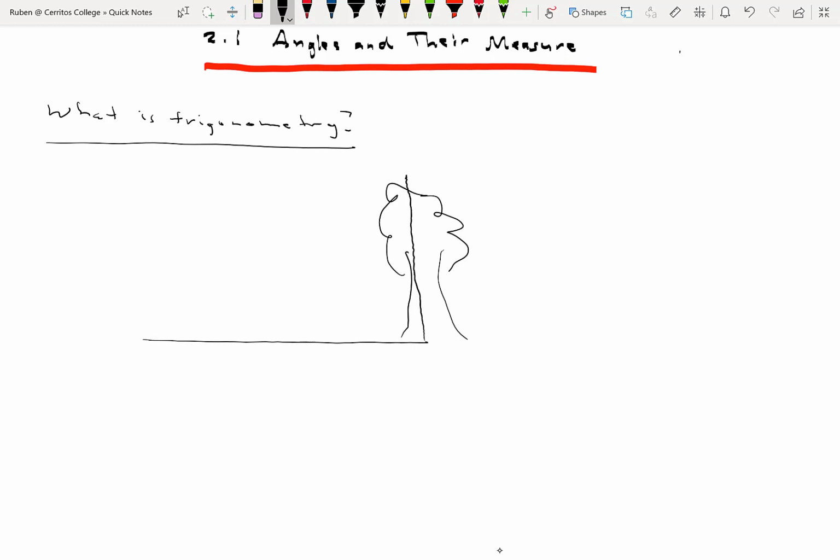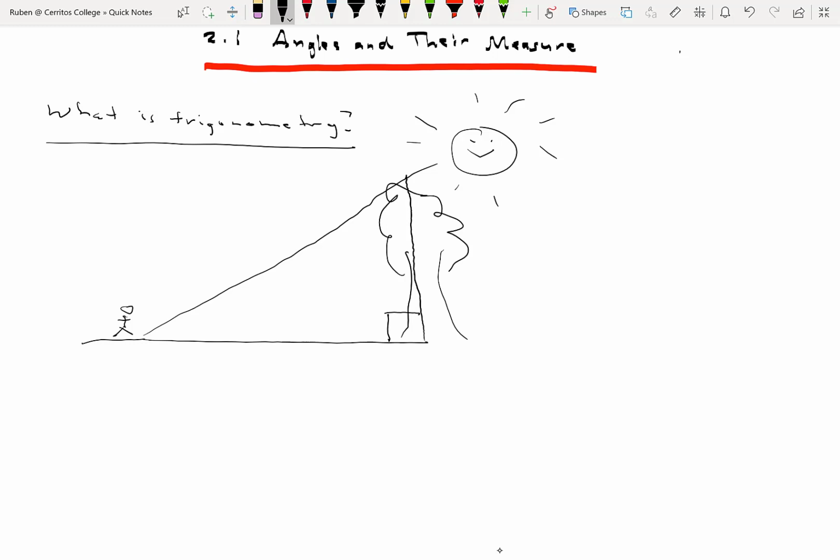We kind of have to assume something big here. We have to assume that the tree is popping out of the ground at a right angle. And what I can do is use a tape measure to measure distance along the ground. And also I can use the shadow cast by the tree from the sun. So at a particular moment in time, suppose we have, here's our sun, happy sun, and suppose we're standing on the ground, say at this position right here, and we